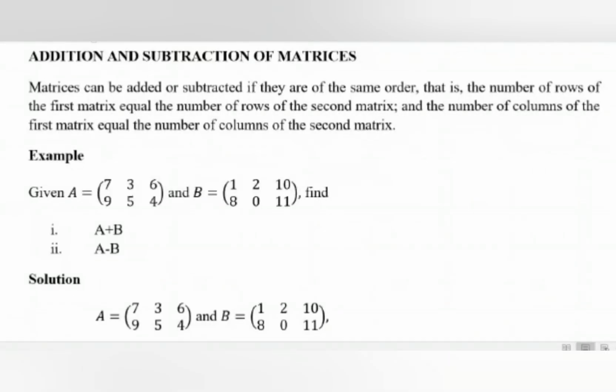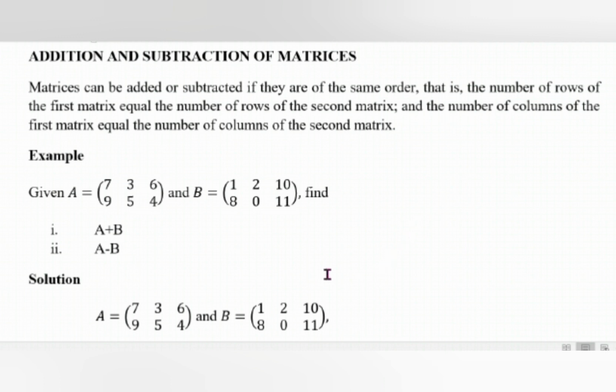Addition and subtraction of matrices. Matrices can be added or subtracted if they are of the same order. In other words, if the number of rows of the first matrix equal the number of rows of the second matrix, and the number of columns of the first matrix equal the number of columns of the second matrix. Example,